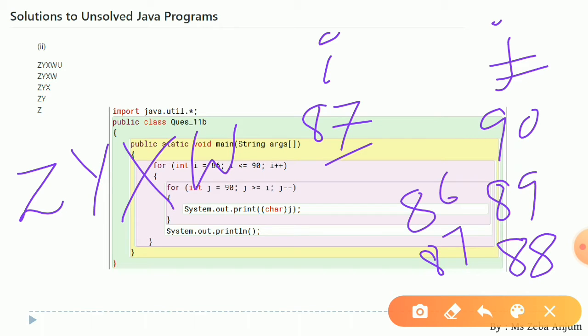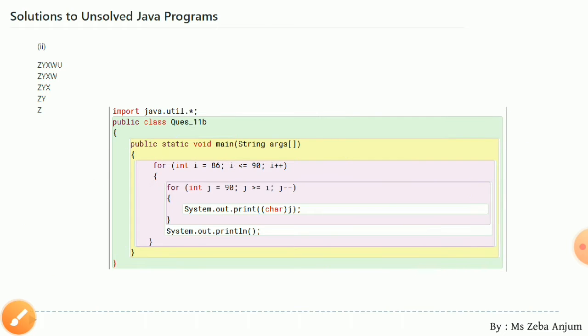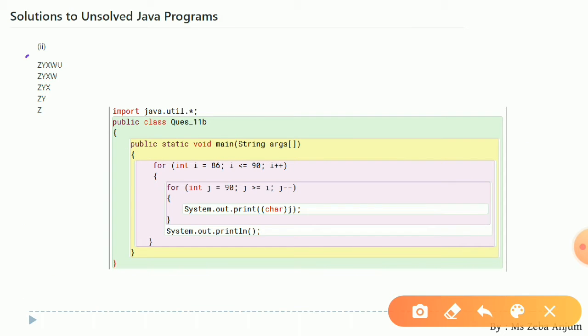So it will come out of the loop, and again this line will get executed, so we come to the next line. Okay, two rows we have completed, and like this we are done with our overall inverted triangle.